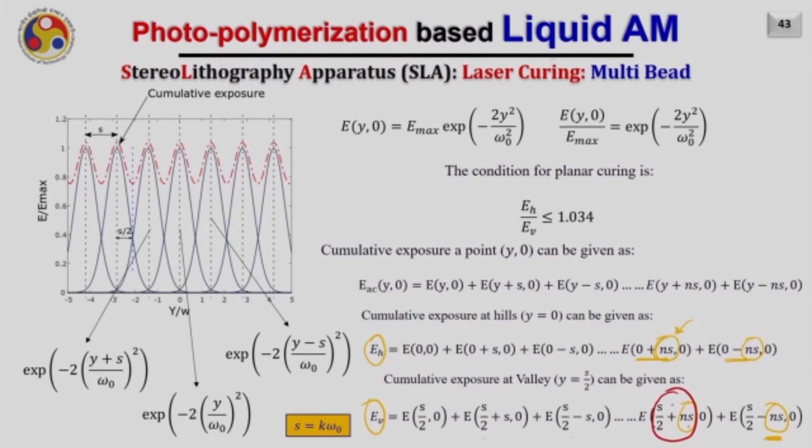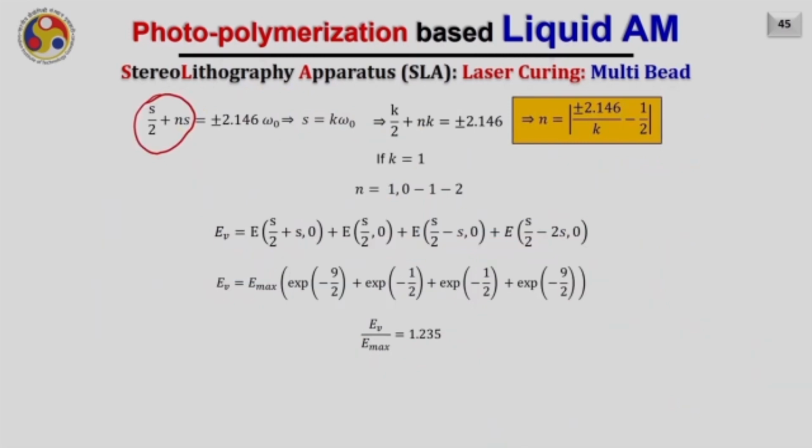This is the distance of the point from the interest point, and hence if I just recalculate based on my zone of influence concept, I'll get the value of n as equals to plus minus 2.146 by k minus 1 by 2. If I consider k equals to 1, meaning to say my step over is equals to